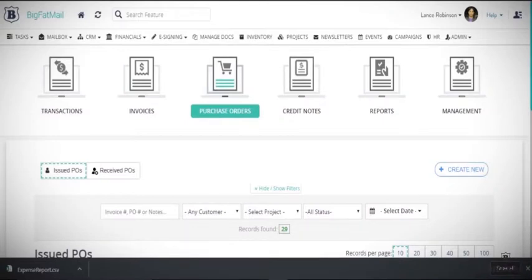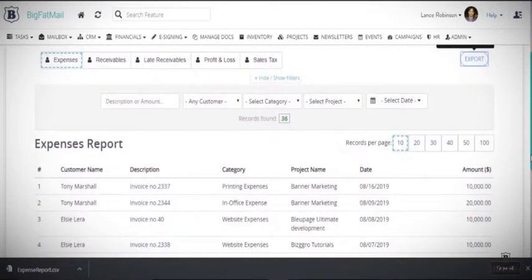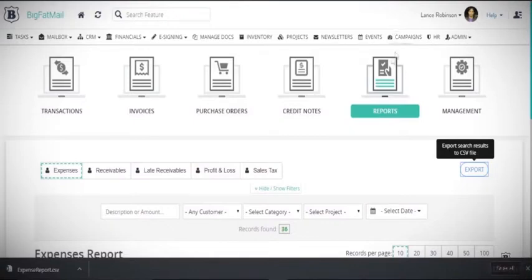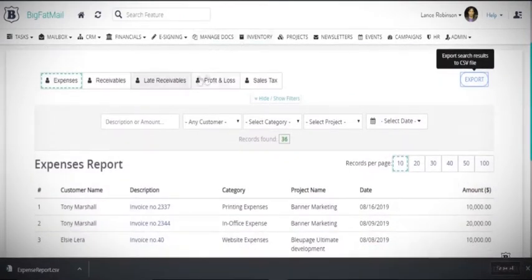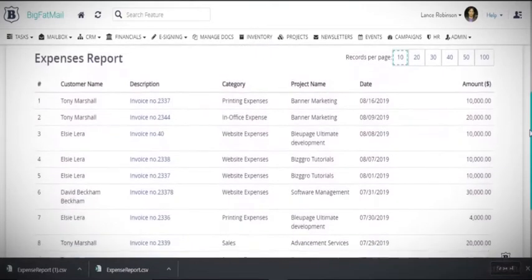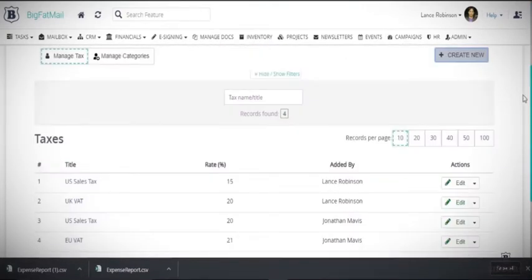One of the perks of using Bizggro for your financials is that you can access comprehensive reports on all of your money matters. Simply click on the Reports tab to view your expenses, receivables, payments, and profit and loss. All this information is exportable to a CSV file that you can review later with your team and your financial advisors or accountants. The last tab in the Financials dashboard is the Management tab, and this is pretty important because